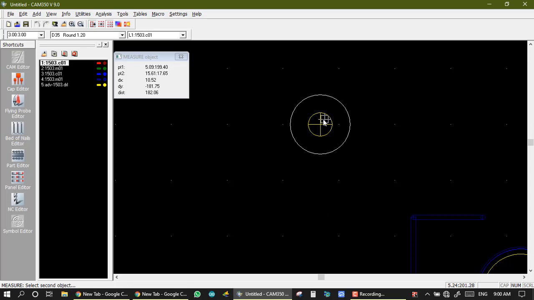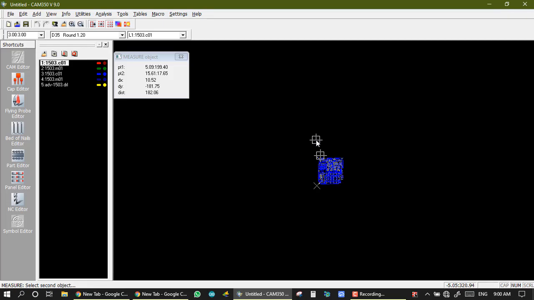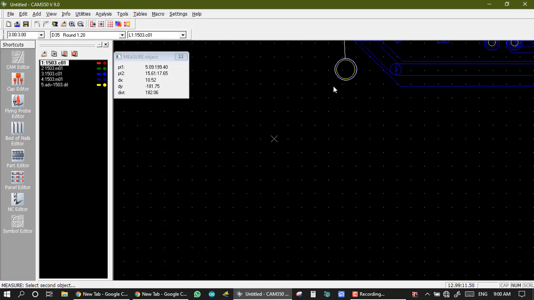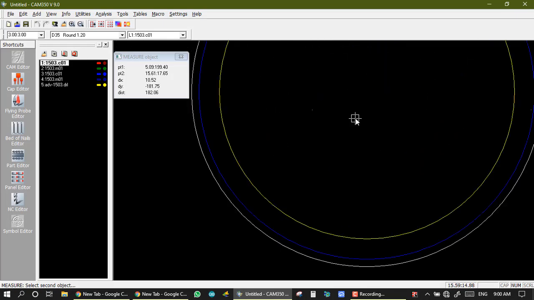It is this point here, because when we measure from object to object, we take the center of this object. So from here to my second point is here to here. This is by default taking the center of the object when we need place to place, and when we measure the size of a PCB or the size of any panel, then we use object to object measurement.